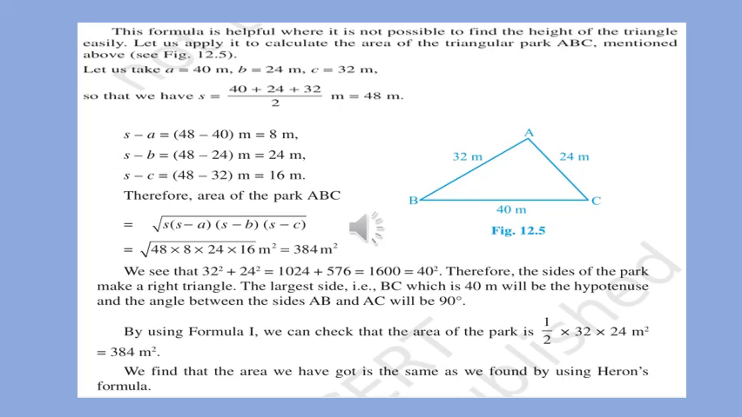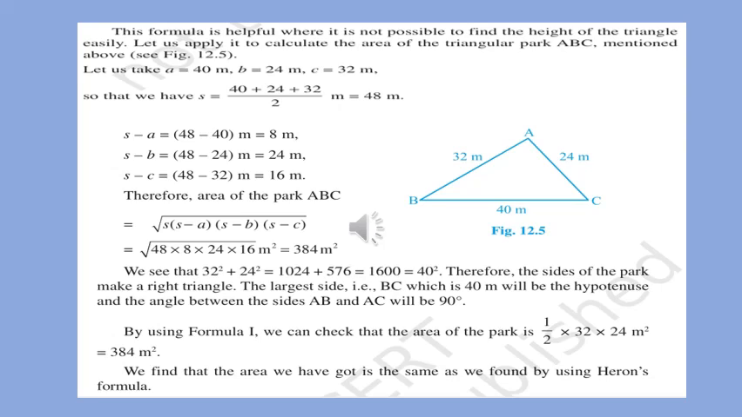So again in the formula there is s minus a, s minus b and s minus c. So we will calculate its value. See here, s minus a equals 8 meter, s minus b equals 24 meter and s minus c equals 16 meter, and therefore the area of the triangular park ABC equals square root of s into s minus a into s minus b into s minus c, that is 48 into 8 into 24 into 16